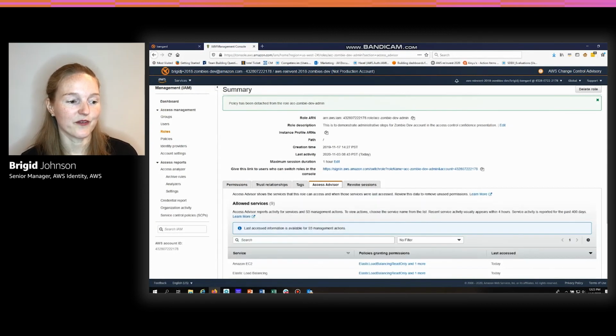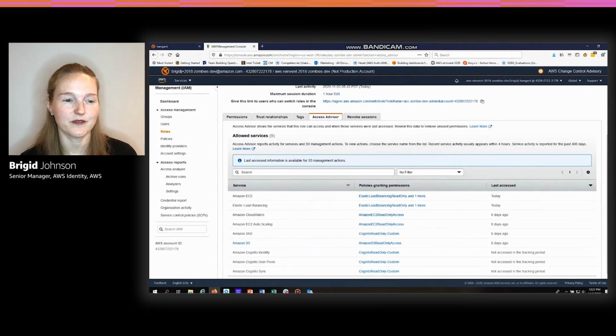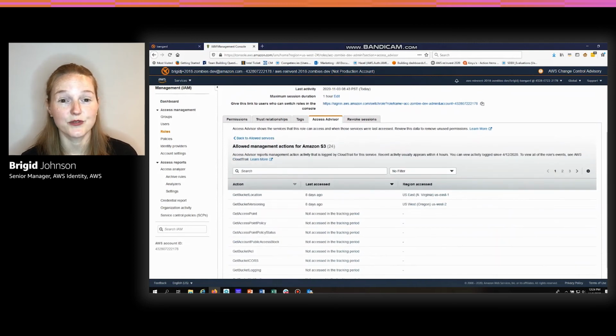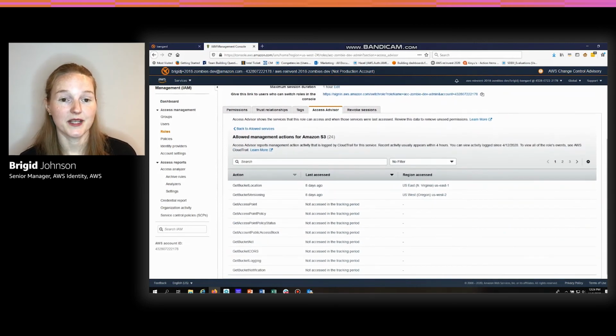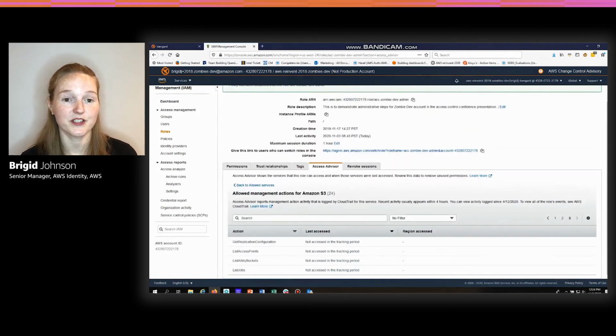Now I'm going to head back over to Access Advisor because I really want to look at those S3 permissions. So I go and I click on Amazon S3, and you can see I only used 2 actions. These are management actions, and I haven't used the others. So I really want to scope that down, right?